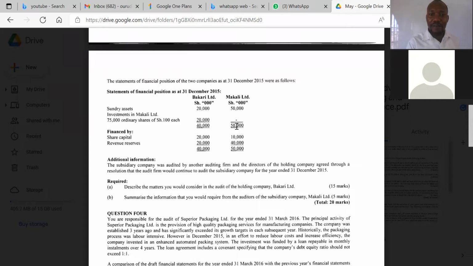So that means that even Makali is a very big company, almost compared to Bakari. Makali is even bigger compared to, look at the asset base. So meaning that 75% of this is being added on this other side, like for revenue, assets zote unaweka huku. So this one is subsidiary. So if it is subsidiary, when you are accounting or consolidating, you'll be taking this plus this plus this.